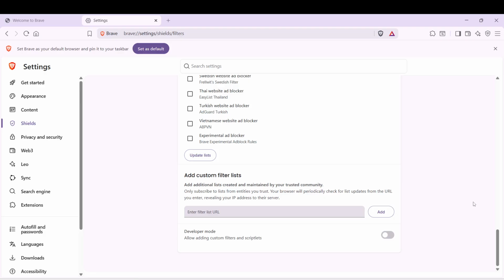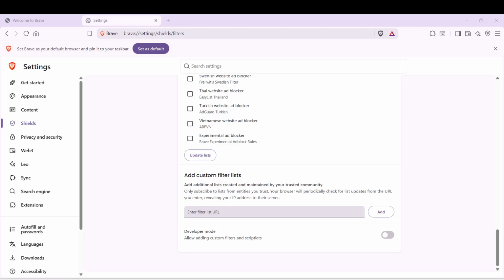At this point, it's important to refresh any open YouTube tabs you have. This ensures that the changes take effect immediately. After refreshing, you'll notice that the Shorts tab, as well as any homepage shelves and search results related to Shorts, will disappear. This confirms that the filter is active and working as intended.